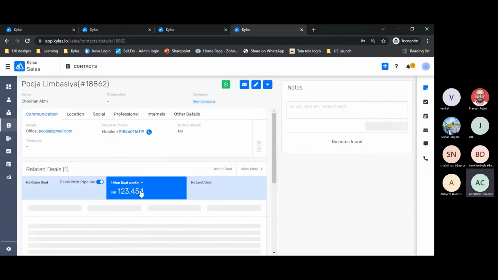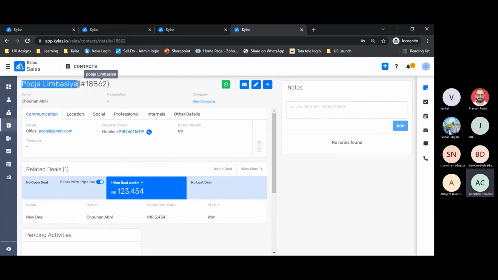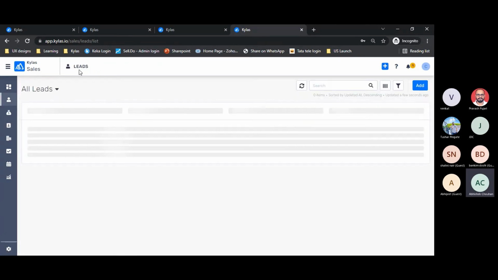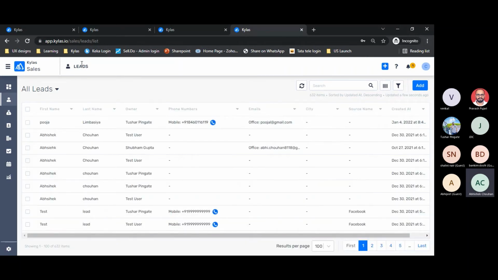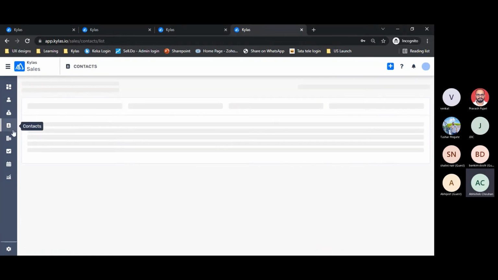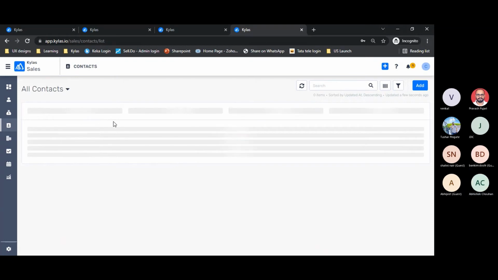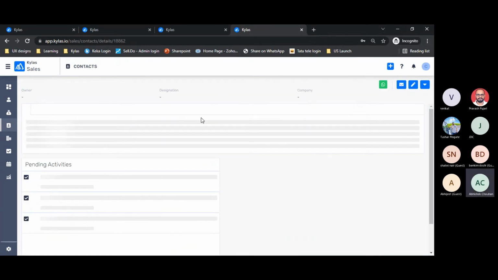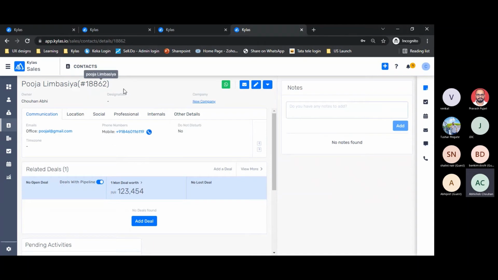Now suppose the same person has approached me for some other product or service that I am selling in the market. Okay, now what do we do? We will not create that person as a lead in the system. Why? Because that person has already done some business with me in the past. So that is not a lead for me. That is already a prospect. So what we have to do is simply go to that contact details screen and create a new deal. Instead of creating a lead, nurturing the lead and then converting, we simply have to go to that contact details page and add a deal.